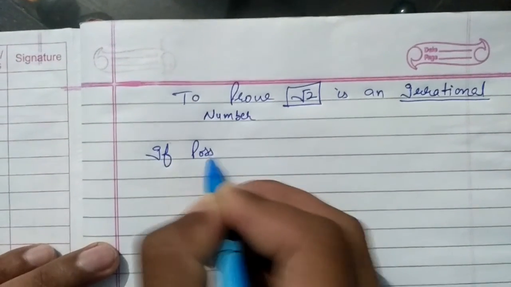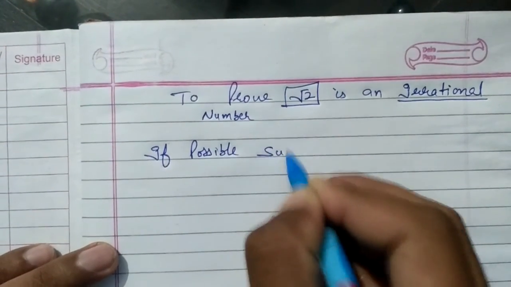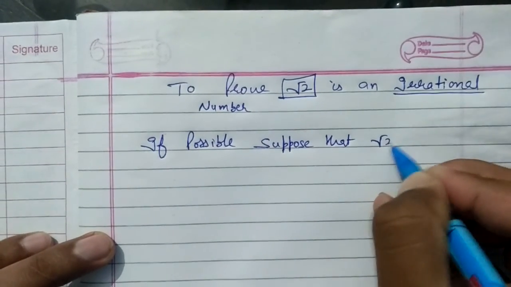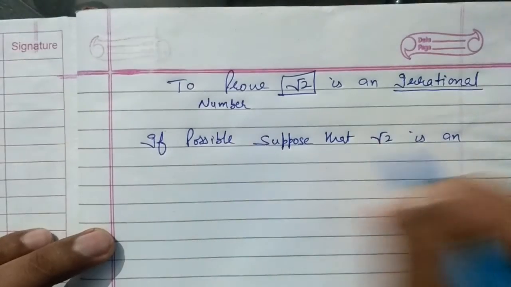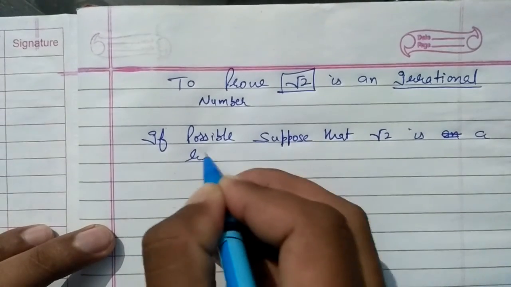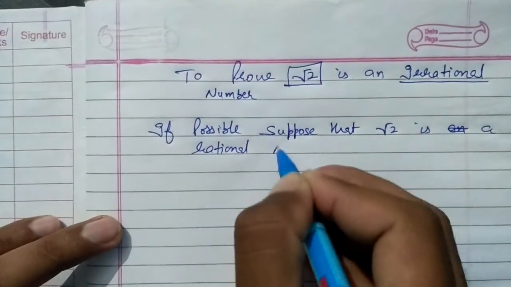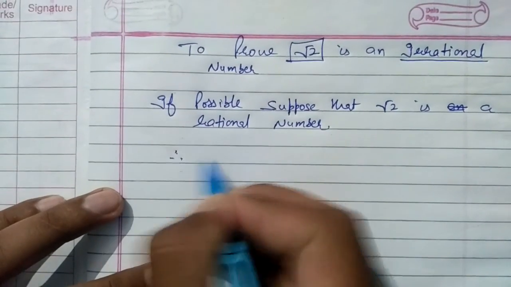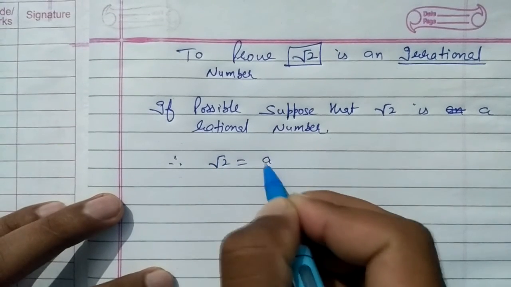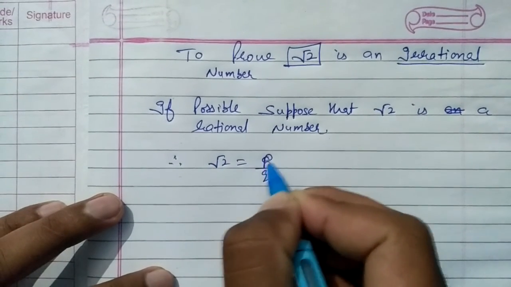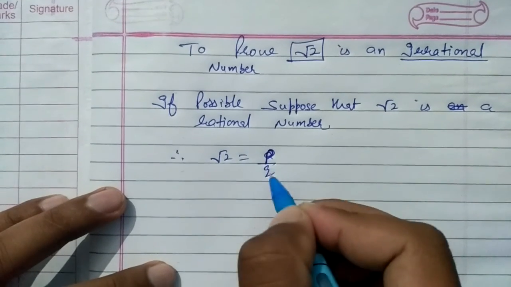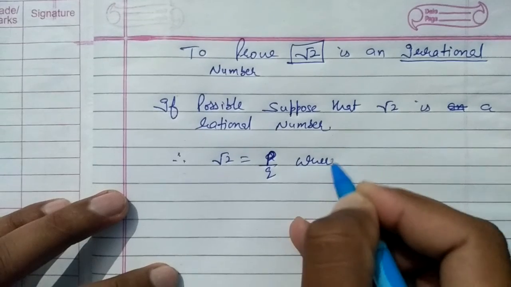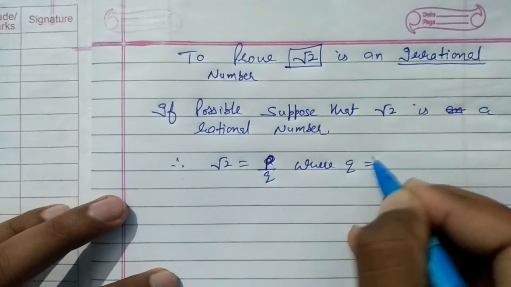If possible, suppose that root 2 is a rational number. Therefore, root 2 must be equal to p upon q. That means root 2 can be expressed in the form of p upon q because it is a rational number, and where q is not equal to 0,